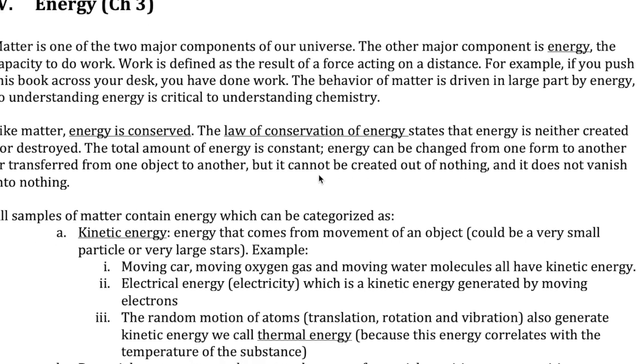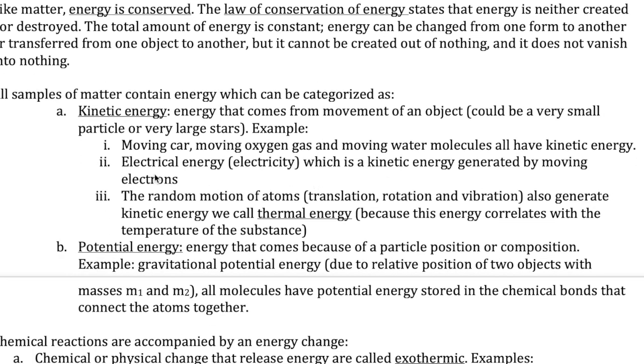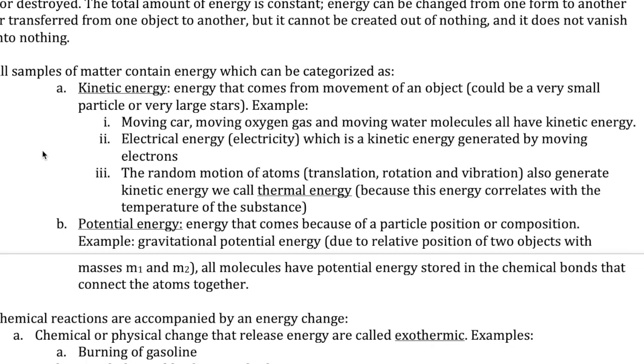And so what are the different forms of energy that we can have? Well, there are really two main forms that we know of. One is called kinetic energy, and the other one is called potential energy. Kinetic energy is the form of energy that involves anything that's moving, anything from really big stuff to really small stuff. Anytime they're moving, you can consider that that object has kinetic energy.